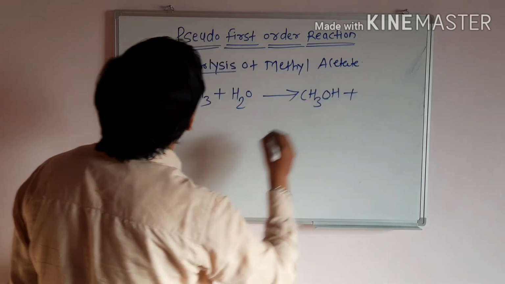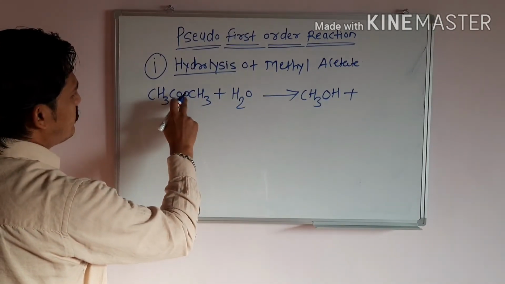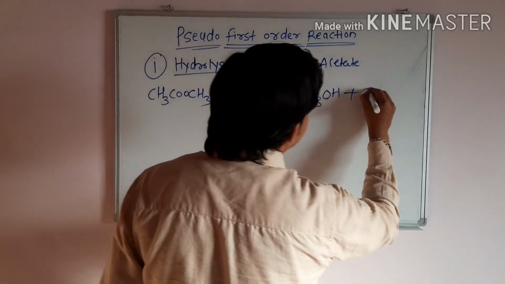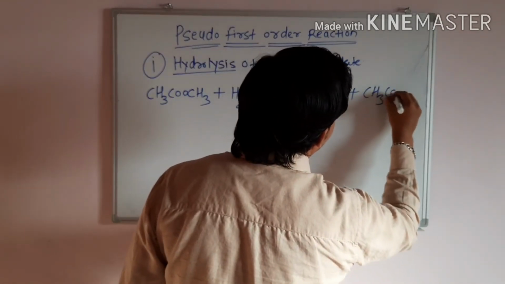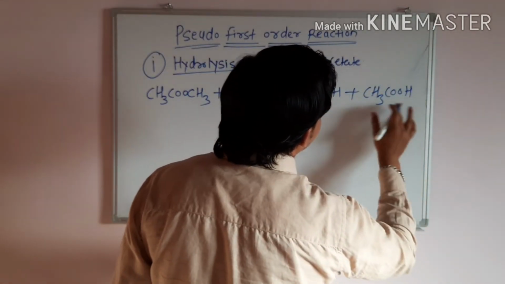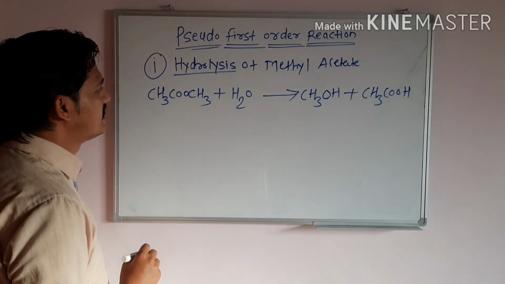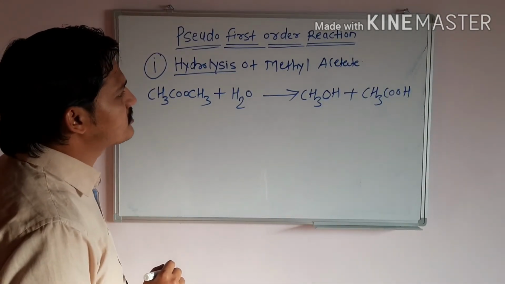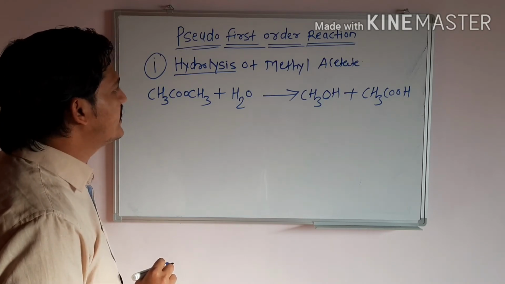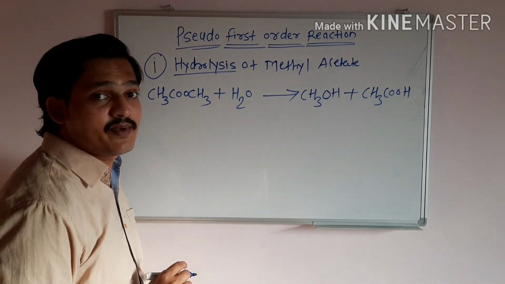CH3OH plus CH3COOH remaining. So CH3COOH, that is acetic acid, and methyl alcohol. These are the products. So in this hydrolysis of methyl acetate, the reaction rate law is expected to be,